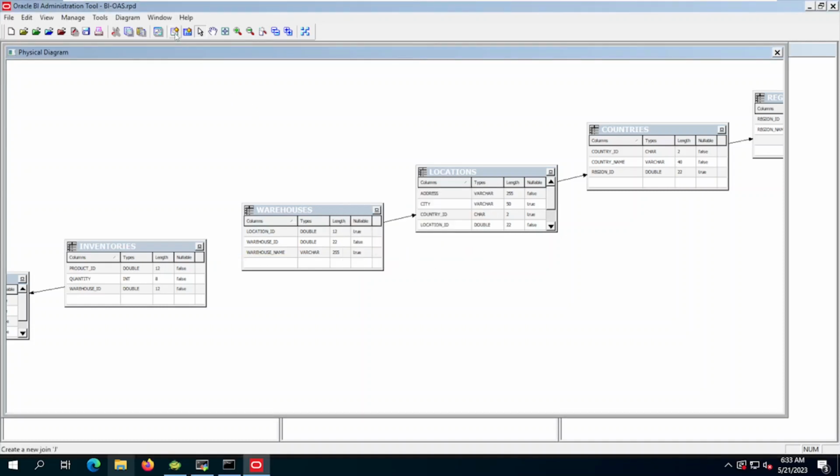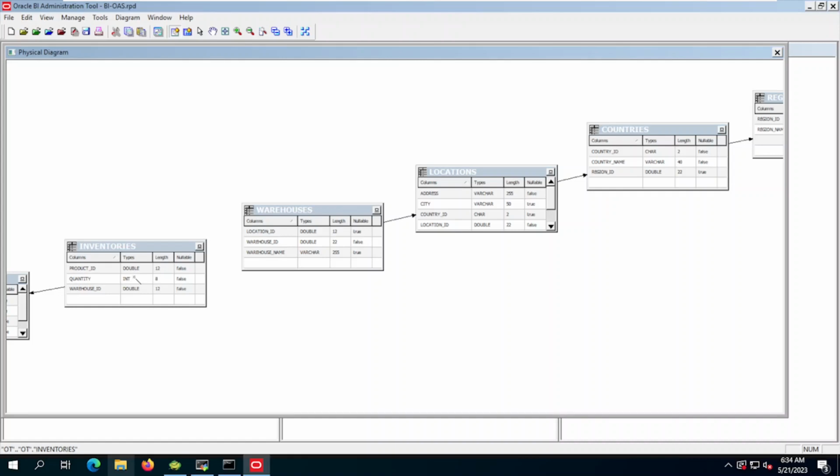To create the join again, you need to click new join. You need to drag and drop from transaction table to the lookup table. If you select from warehouse to the inventory, it's wrong. It's not correct. You need to drag and drop from transaction to the lookup. Why? This is important in the coming steps because it will affect the fact and dimension table in the BMM